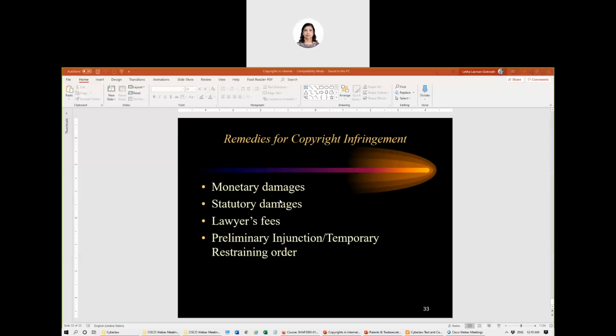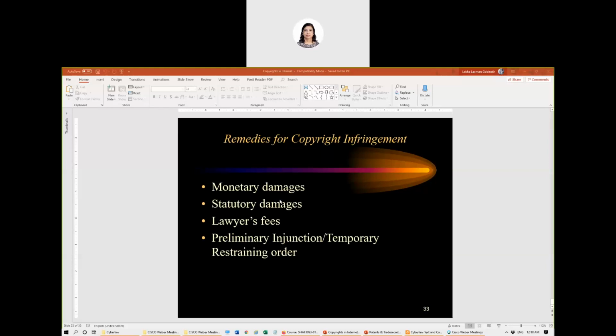Then you have got lawyers' fees. That means you can also claim for legal costs, because if you are going to bring a case in court, you have to hire lawyers. So if you win the case, you can include among the claim the legal costs that you had to pay to bring the case to court. So that's called legal costs or lawyers' fees. And then another remedy